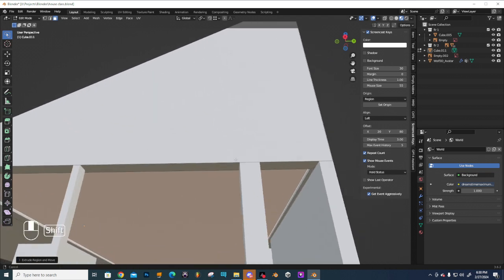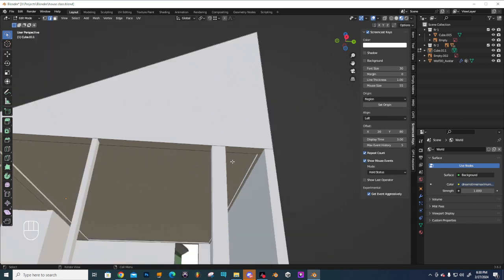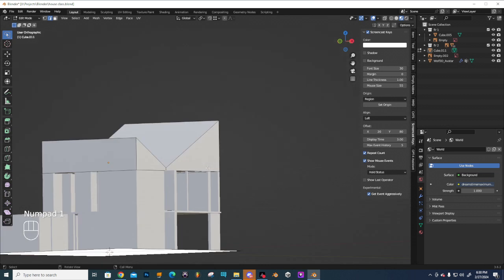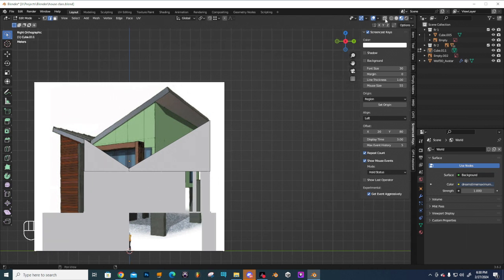So after you do that, zoom in just a little bit and select your edge tool up at the top left here. We're going to click on that little bitty edge right there. Then we're going to zoom out once we have that selected. On the keyboard, we're going to go to a front face, well, a side face of this house. Make sure you go into X-ray mode,